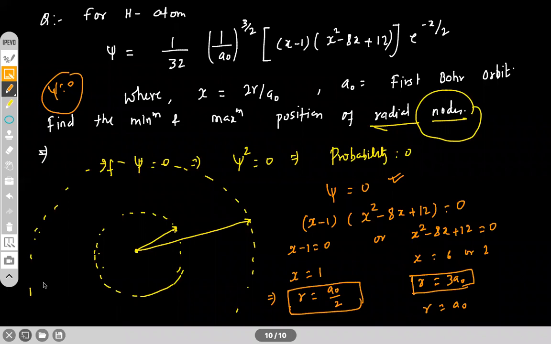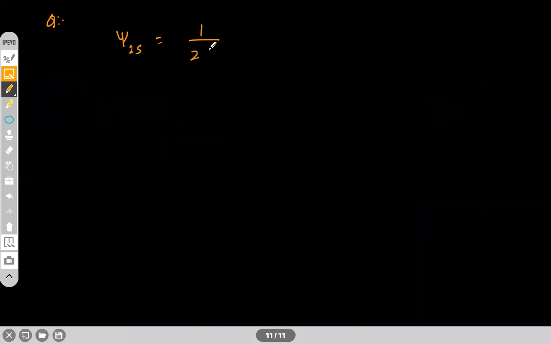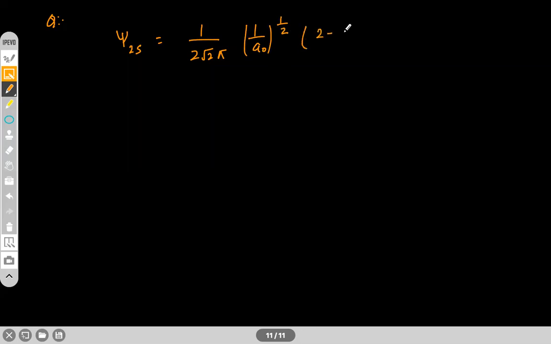Okay, one more question on the similar concept. We'll discuss the last one for this chapter. You see this question? The wave function psi is given, and this is for 2s orbital. It is 1 by 2 root 2 pi, 1 by a naught to the power 1 by 2, 2 minus r by a naught, e to the power minus r by 2 a naught,